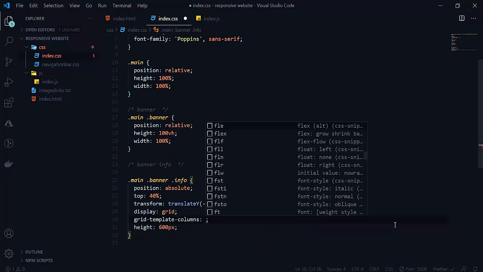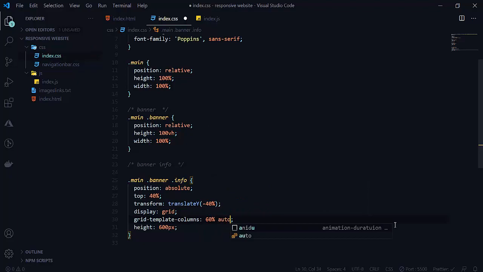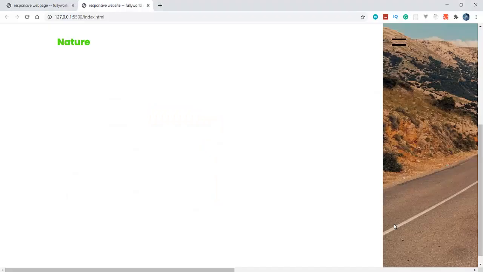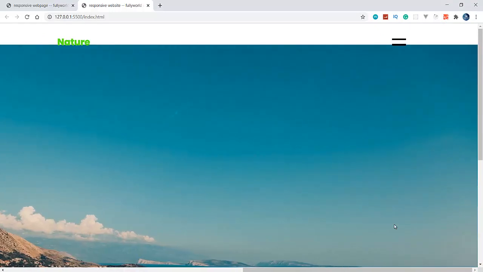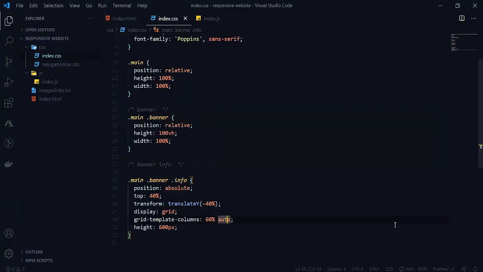So the columns will be 60% and auto. See that these are our columns. 60% is a lot. Let's make it 40.